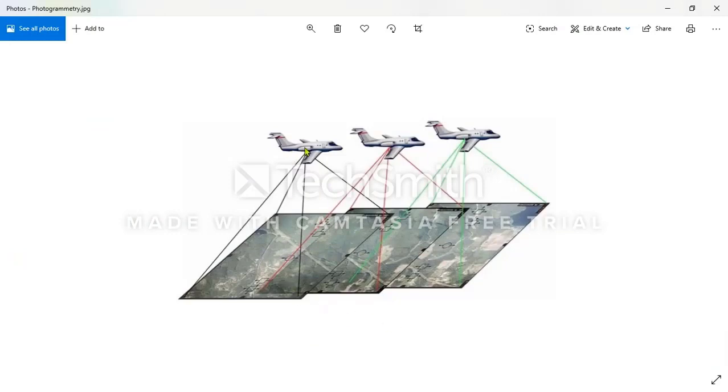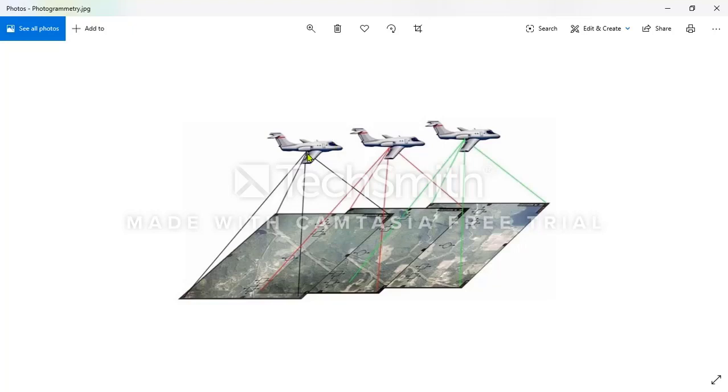this one, this is the aircraft taking the photographs. At the 3 points it is flying continuously. So when it comes to this place, it takes one photograph. When it comes to this place, it takes another photograph. When it comes to the third place, it takes another photograph. That means this point is called exposure station. At the time of taking the photograph, the place of the aircraft is known as exposure station.